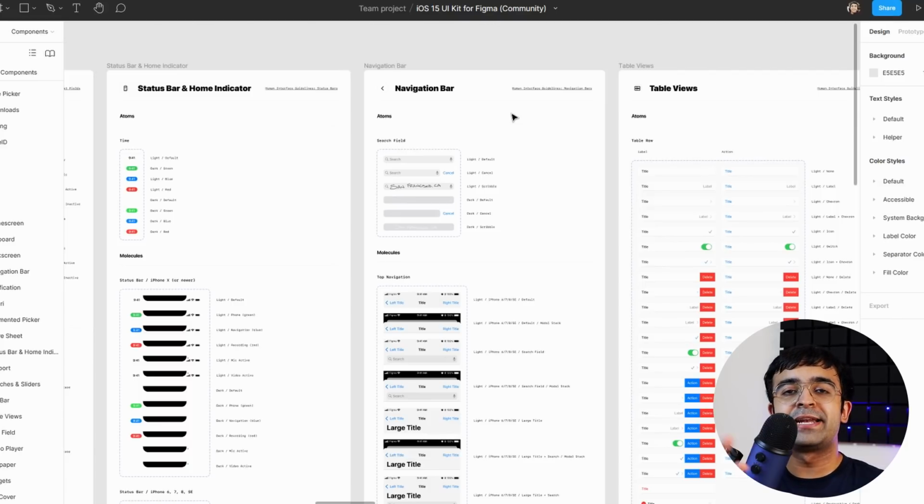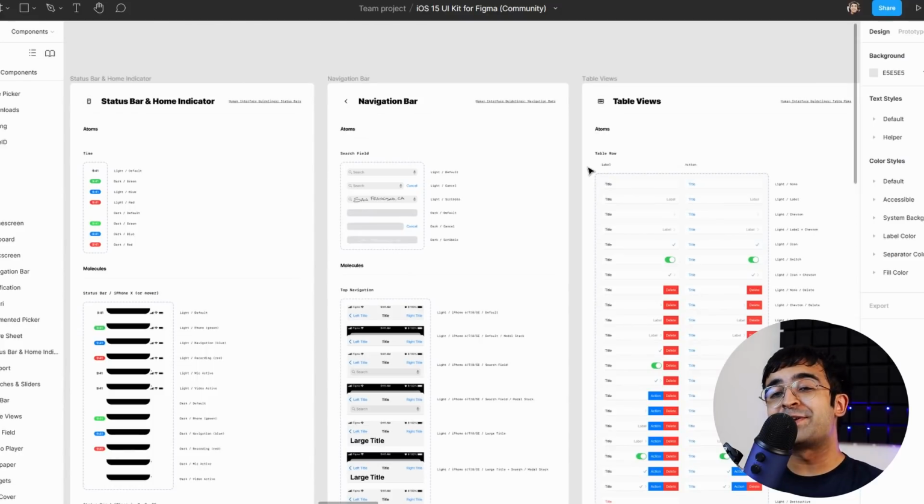And rather than creating things from scratch where you're putting things together, you can just pick up a UI kit and restructure and reuse these components in your own UI. Reusable components is a huge factor of designing with speed and scale in mind. So that is how you generally use a UI kit, whether you are a beginner, whether you are a professional, or just someone who wants to understand how UI kits work.